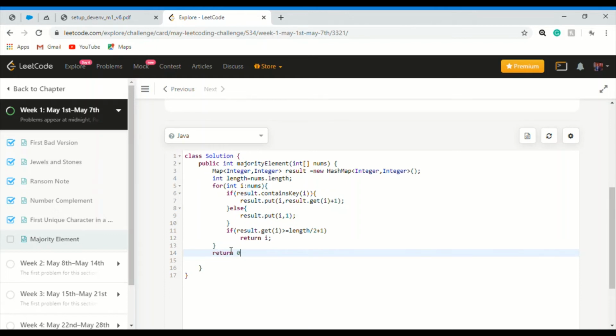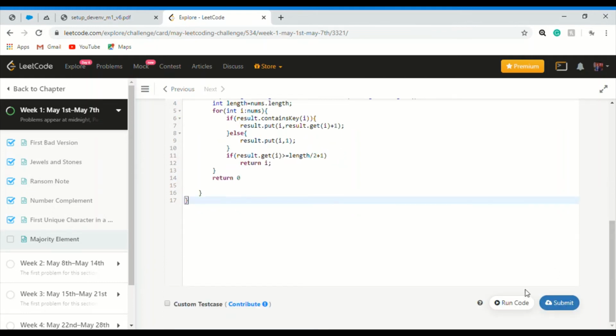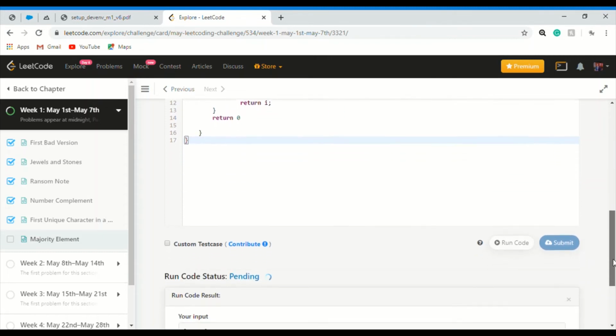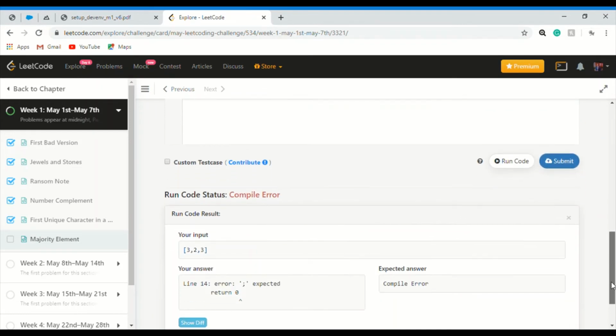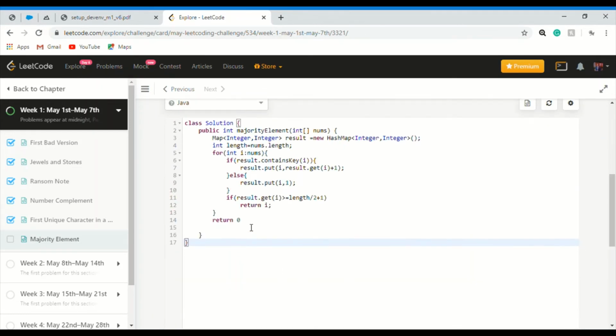So this was the solution in Java. Let us see if it works or not. Let us run the code.